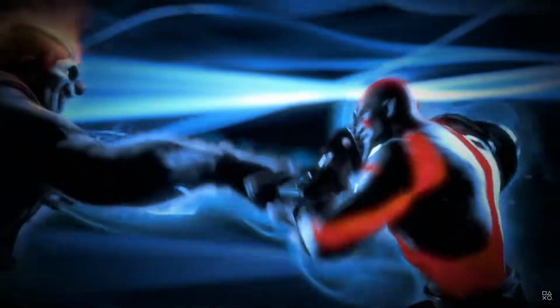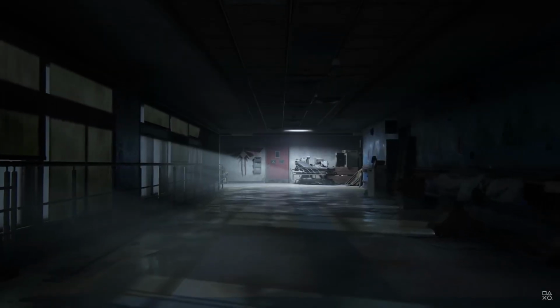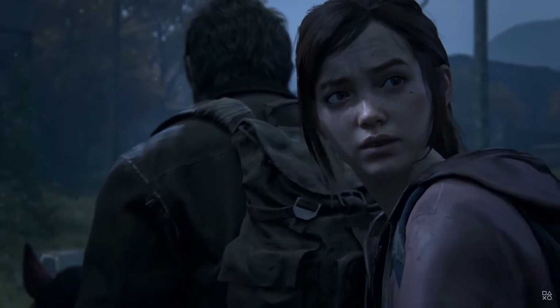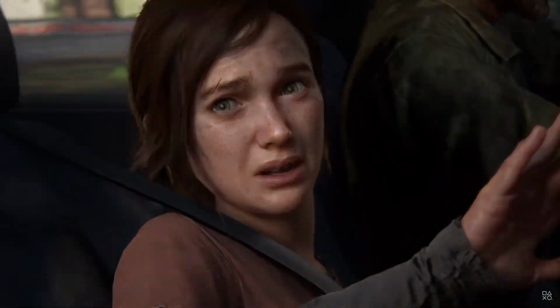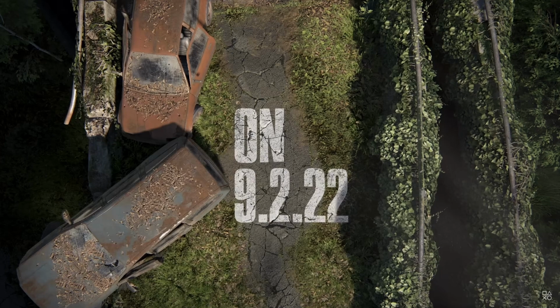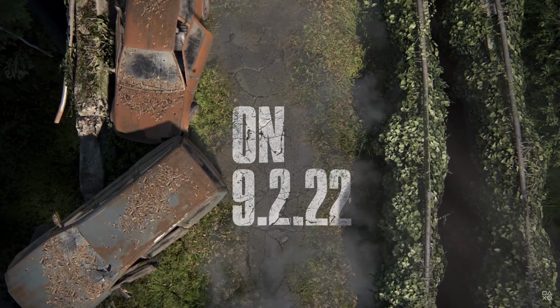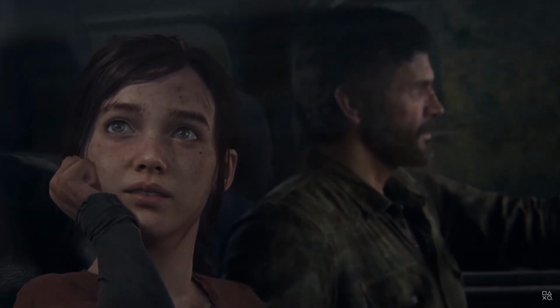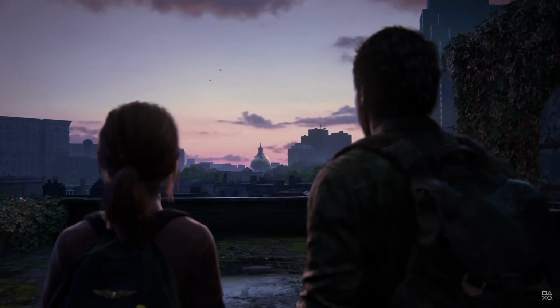Now there is one thing to note here, and that is the shift from PlayStation and their long-term stance on console first. Over the last few years we have seen Xbox embrace PC gaming completely, and Sony by this point is not far behind them. They have already released some of their biggest titles on PC, and that trend is set to continue. The Last of Us remake will be a day and date PC release, and I think that is great to